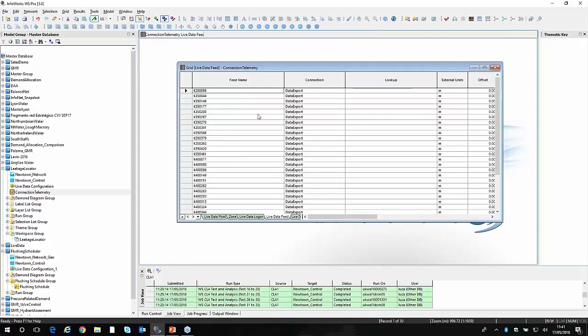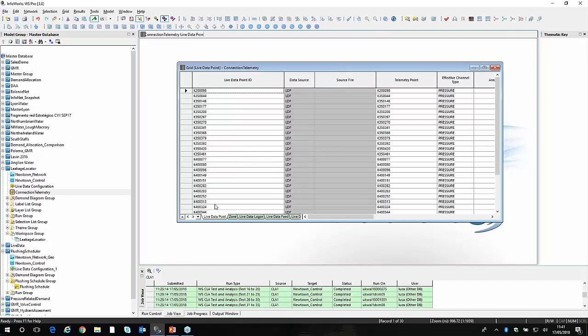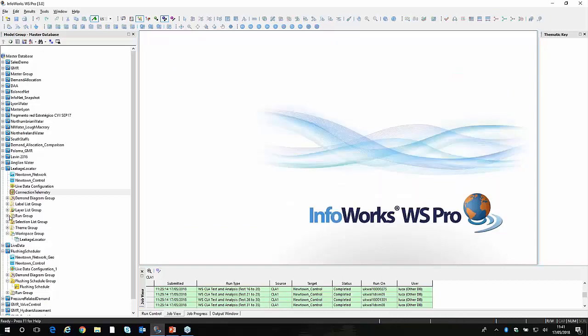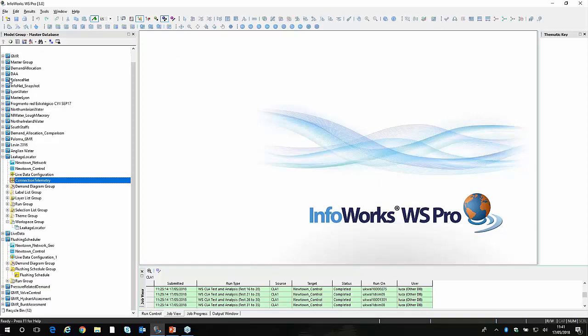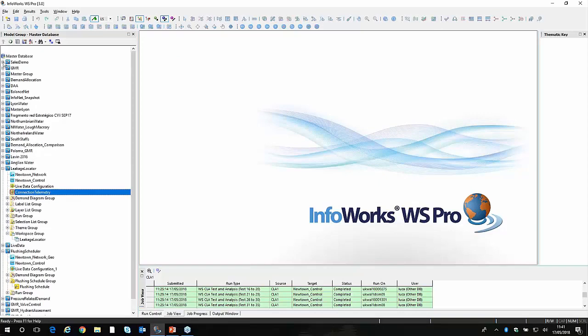On the logon page, we will basically need to specify the connection with this database. Then we need to define all the feeds, which are the streams that we are basically observing from our telemetry database. The third point would be to define the live data points, so cross-match the telemetry point on our telemetry system with the object ID that we have inside our hydraulic model. And once we have done this, we can calibrate the simulation. I just open the standard run that I have here,